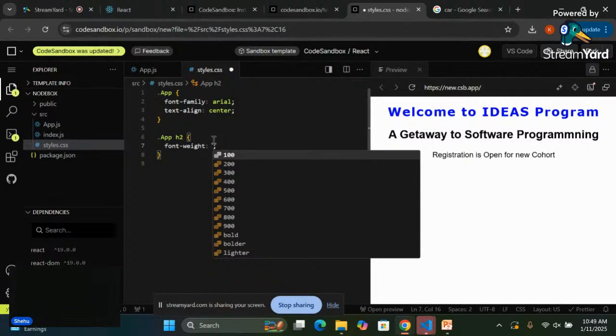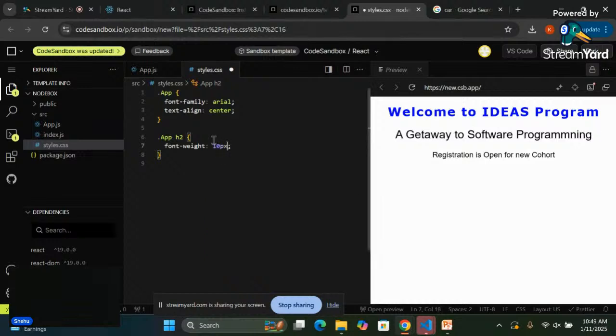And so we can decide to say, should we say 10 pixels? 10 pixels is good. Okay, 7. Oh no, sorry, font weight is bold, lighter. Let's see, let's see lighter. Okay, sorry. Okay, and then maybe we can increase